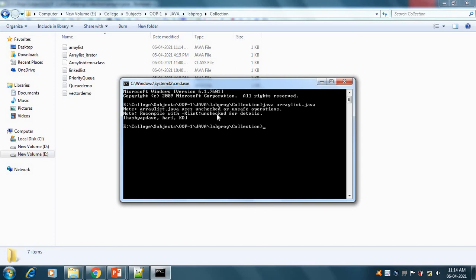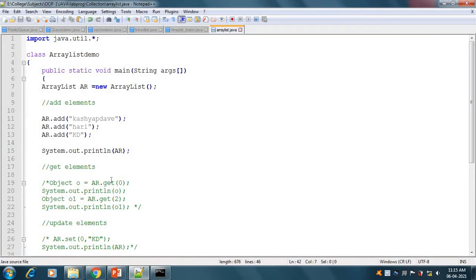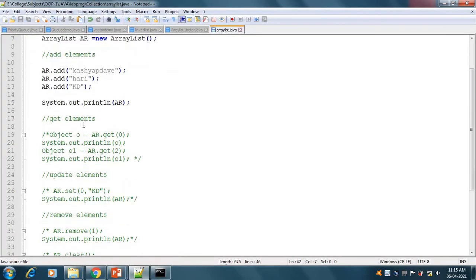So here in the output I can see my first element is Kashyap Dave, second element is Hari, and third element is KD. Okay, now if we want to get some elements from specific indexes, here you can see that I have got an element from the index 0 and stored it into object O. I have got the element from index 2 and stored it into object O1.